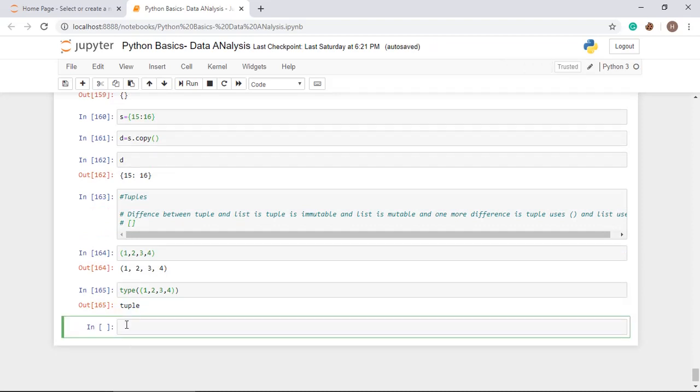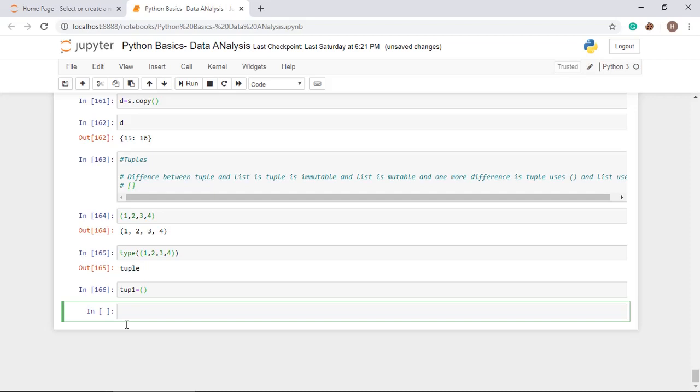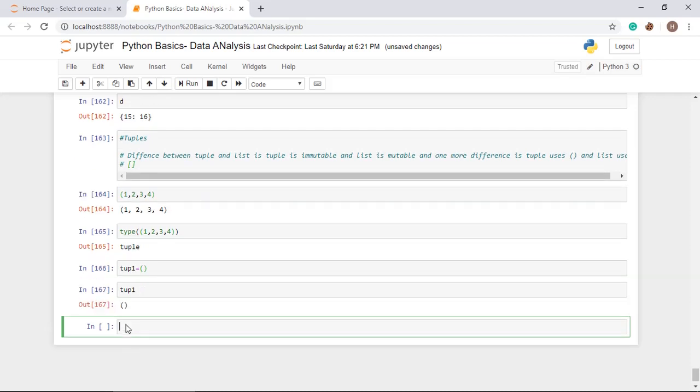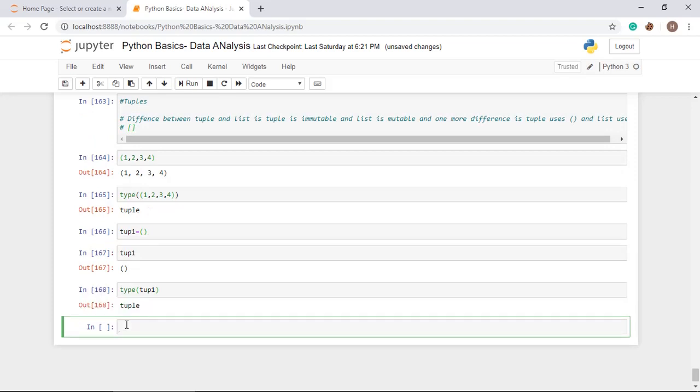You can also create an empty tuple like this, tup1 is equal to empty parentheses. When you call tup1, you will get an empty tuple. You can check the type also, and you will get tuple.